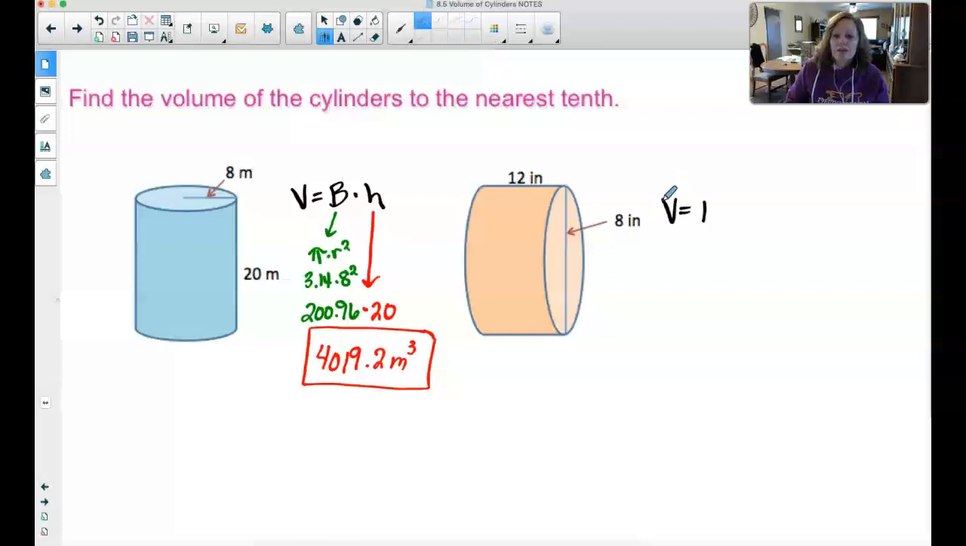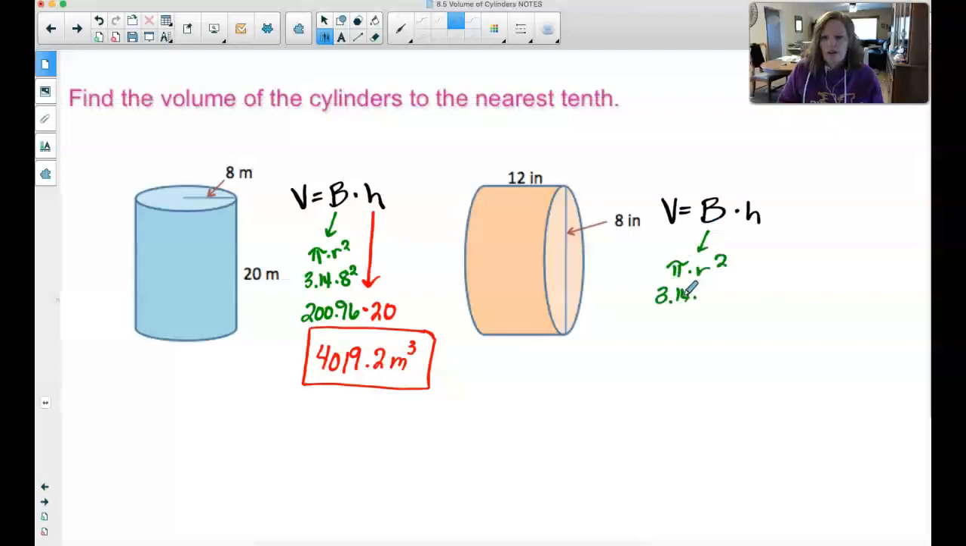Again, start with the formula. I cannot stress that enough. You guys know that if we were sitting in class right now, I would tell you to write the formula down. The capital B is our circle. This time it's laying on its side. So the circle is pi times radius squared,